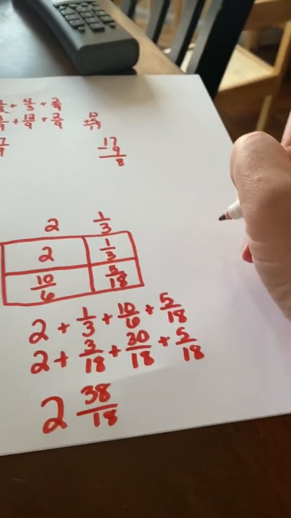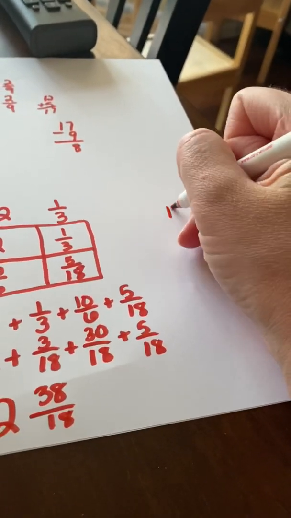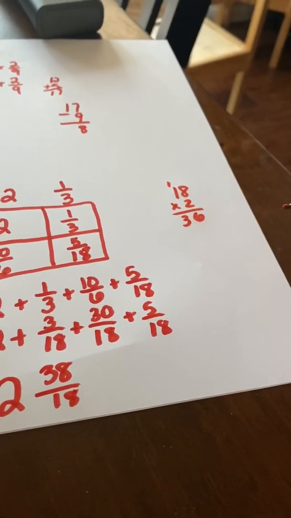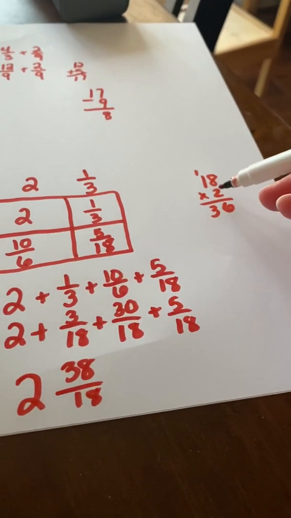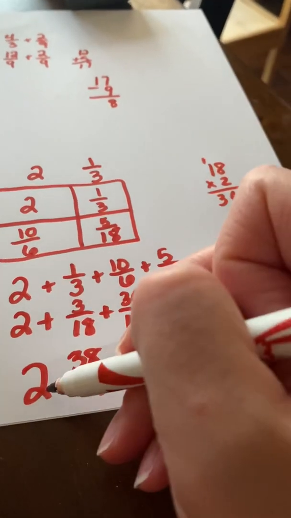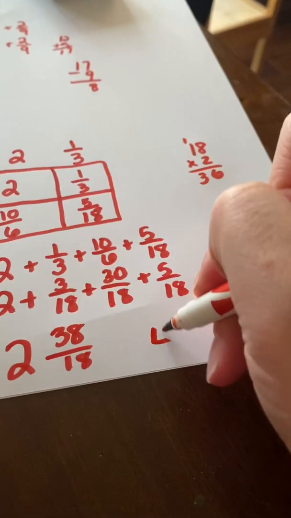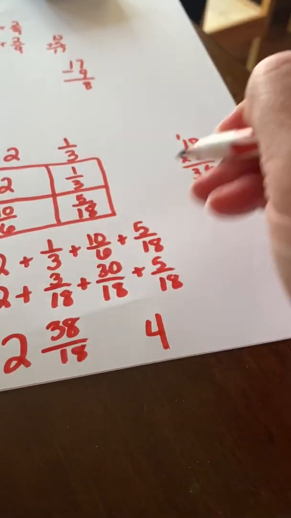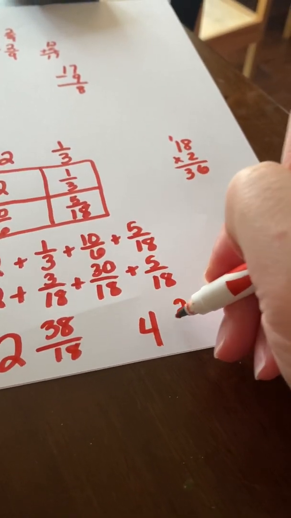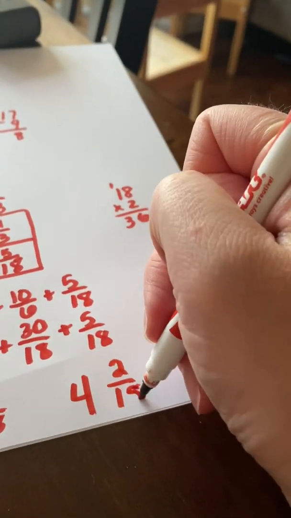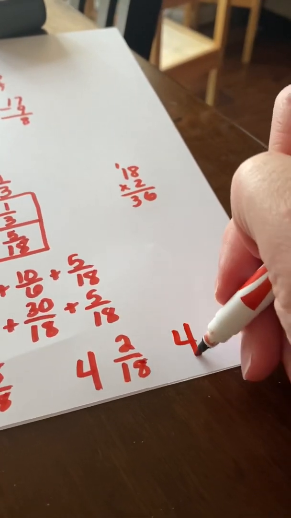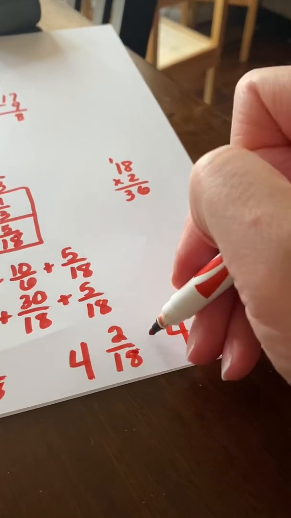So here's where I kind of break off to the side, and I'll do a little thinking here. 18 times 2 is 36, very close to the 38. So I'm going to take 2 whole out, add it to this 2 whole, and make it 4 whole now. Now I have 36 here. 38 minus 36 is 2. So 4 and 2/18, which can be simplified to 4 and 1/9. So let's see